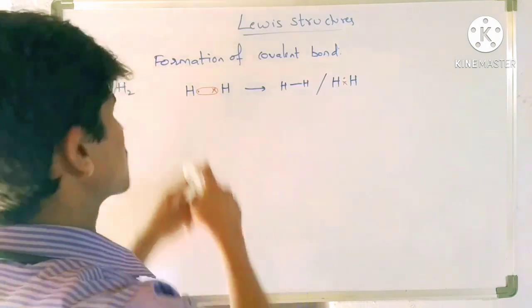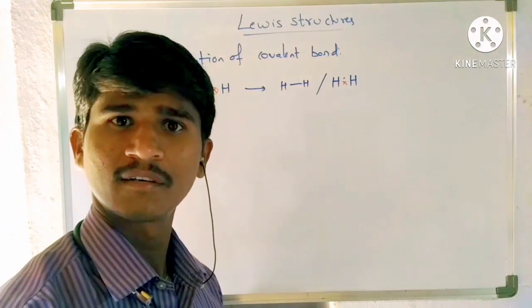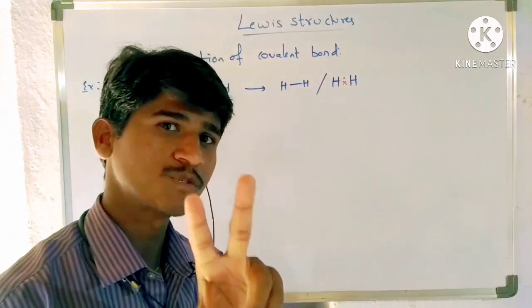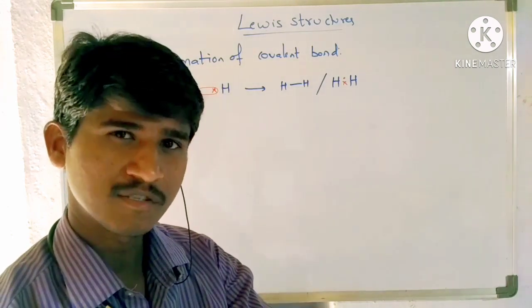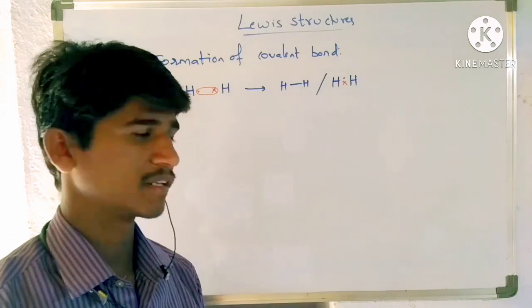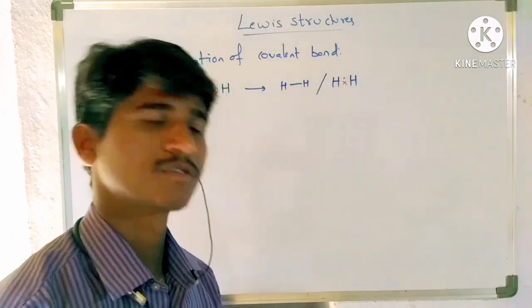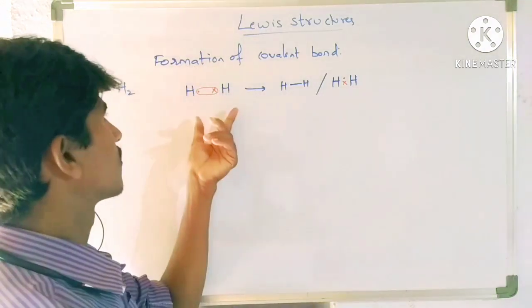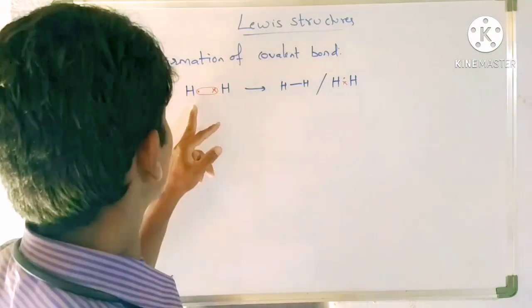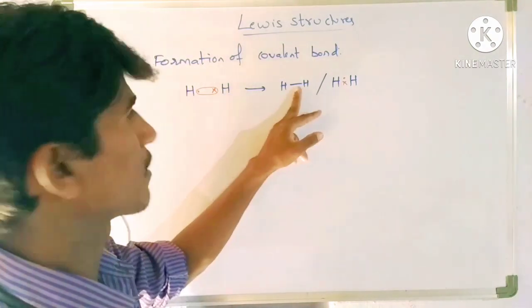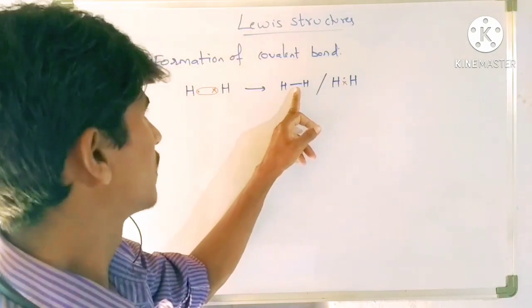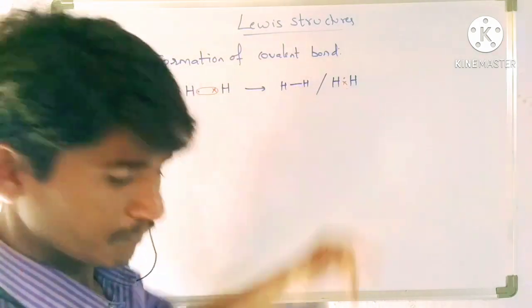This hydrogen is not stable. It has only one valence electron. When will it get stability? When it has 2 electrons. To do that it has to gain an electron, but there is no possibility of gaining an electron. So what will it do now? There is the involvement of sharing. When one hydrogen comes near another hydrogen, these 2 electrons get paired. It leads to the formation of the bond. Or we can represent it like this also.